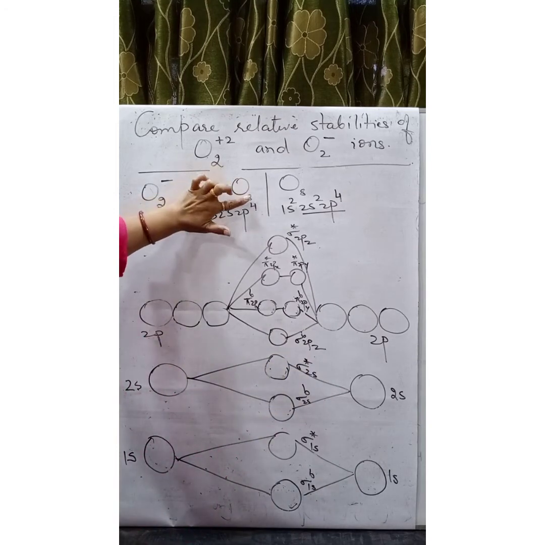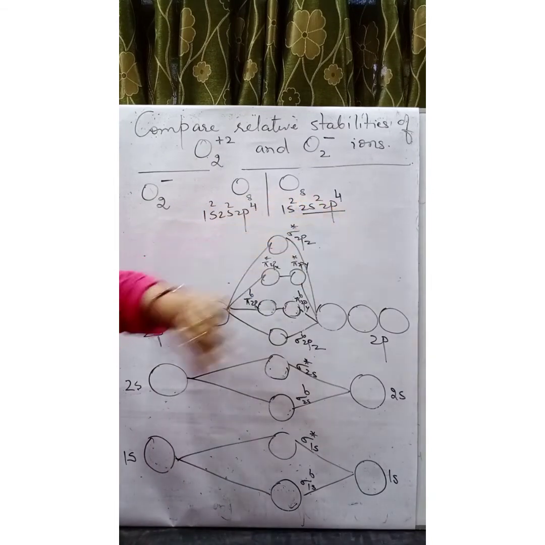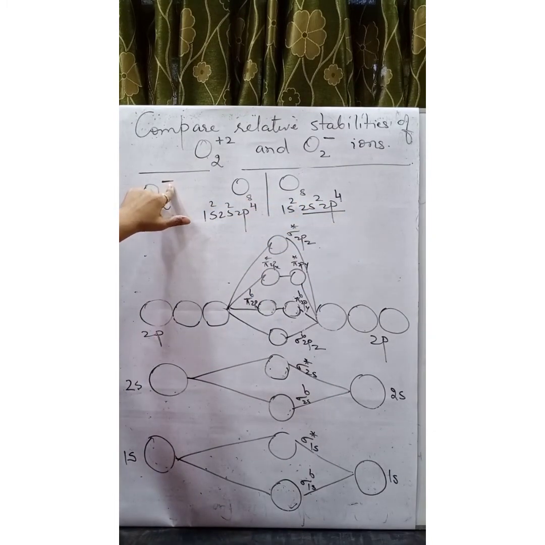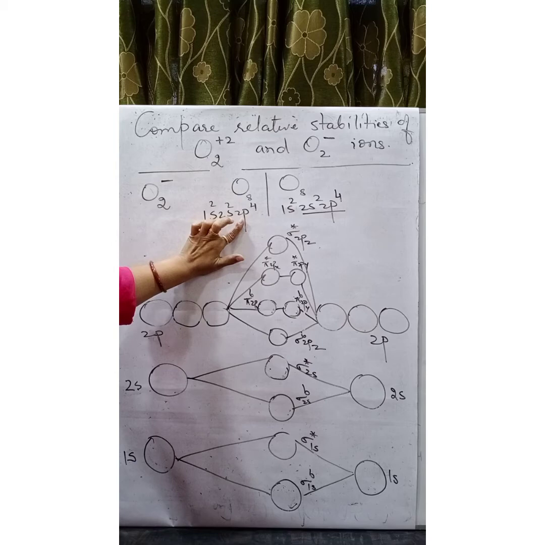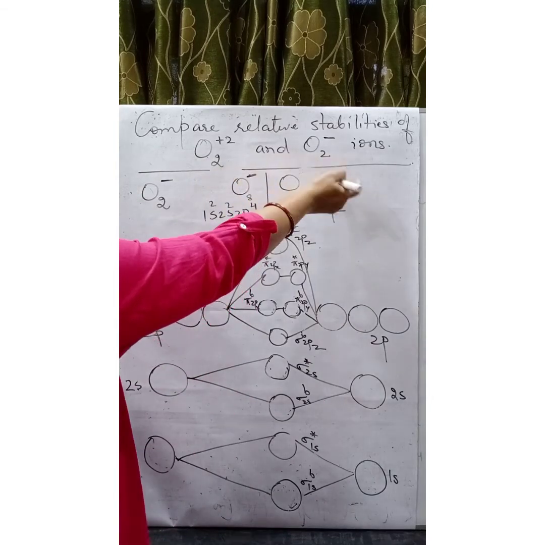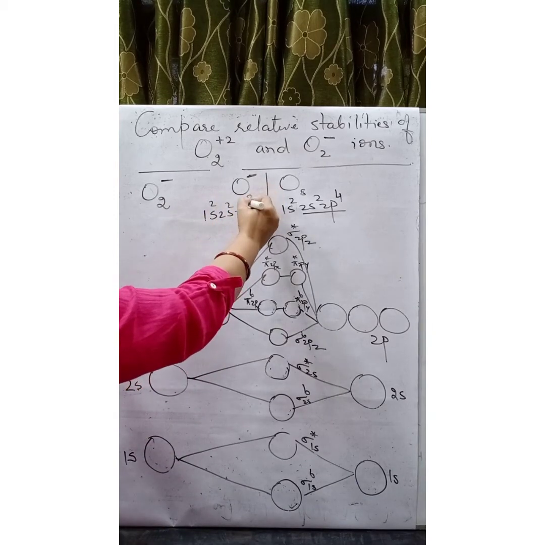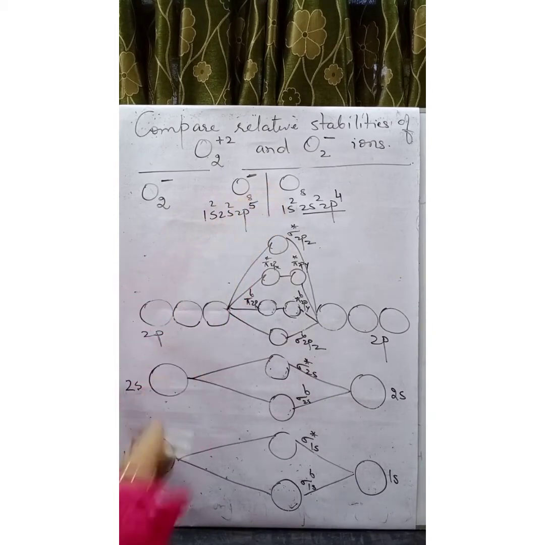So here 8 and 8. So 1s2, 2s2, 2p4, 1s2, 2s2, 2p4. Now it is bearing a negative charge. Negative charge means gain of electron, and only one electron is gained. So either you can write the negative charge this side or that side. That means the configuration here changes. One electron is gained, so instead of 2p4, now it is 2p5.